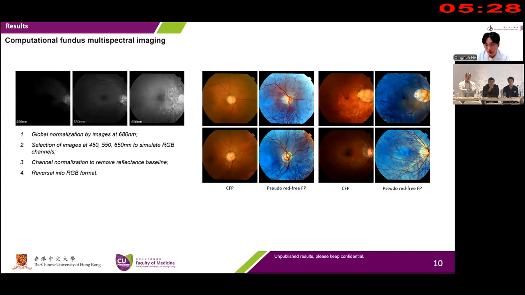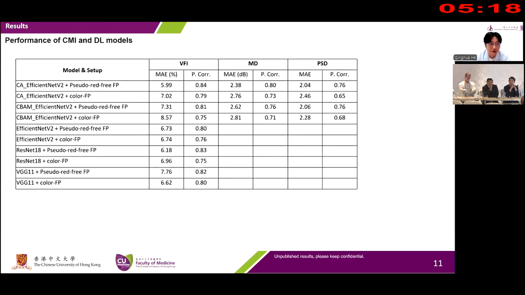So we trained the deep learning model using both CFP and pseudo-red-free FP respectively. And here shows the performance of the CMI and the deep learning models. Basically, EfficientNet V2-based model trained from pseudo-red-free FP shows the lowest MAE and highest correlation to real VFI, MD, and PSD values, while the enhancement provided by CMI over CFP is generalizable on deep learning models with different backbones and